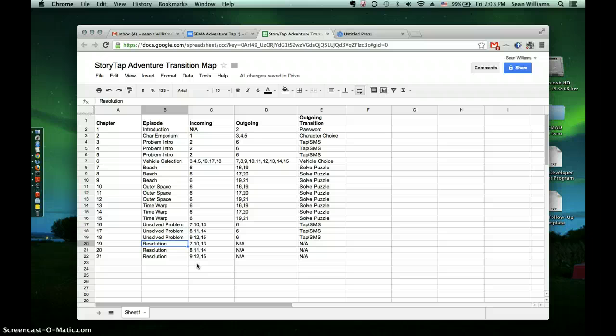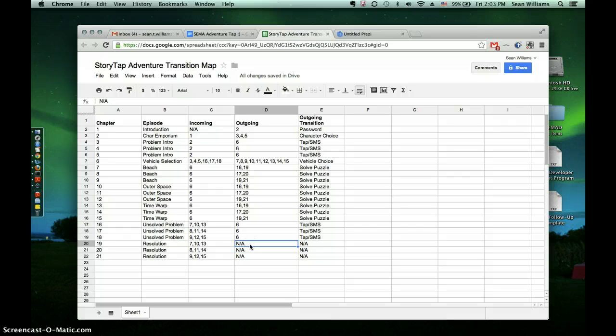So in terms of creating a linear story, this is really no problem. A couple of things that I still see is, one, do we want to have a replay value? Right now we don't have any way to continue the story from here because obviously there are no transitions to allow us to go back and say replay the outer space adventure if we want to, or replay the time warp adventure. An easy way to solve that would be to simply link us here, right, through maybe another tap,